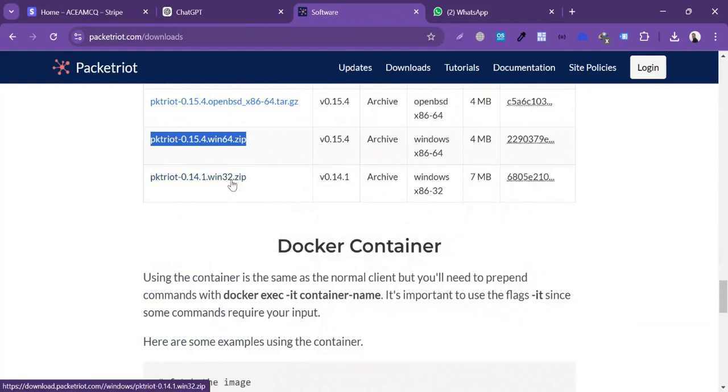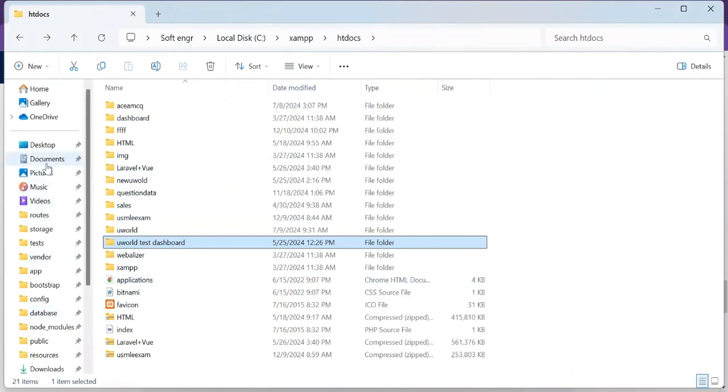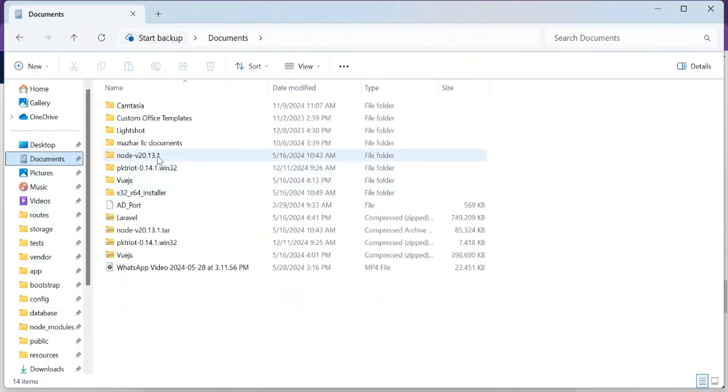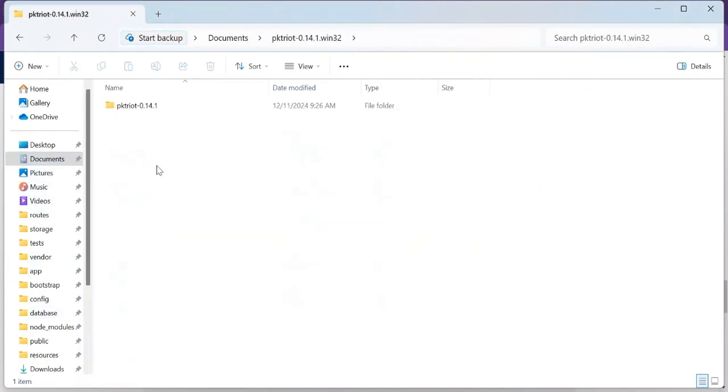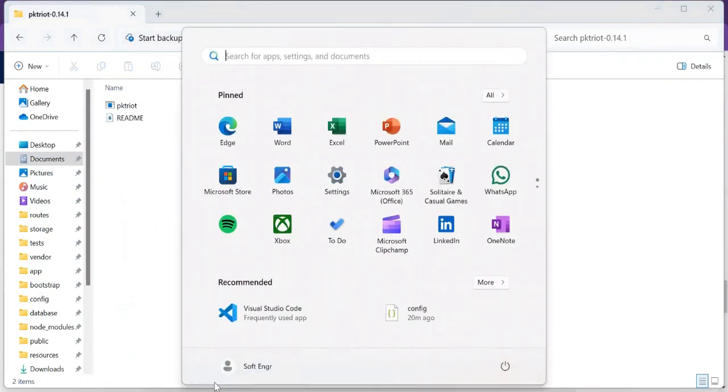In my case, my operating system is 32-bit, so I have downloaded the 32-bit file, and let's check inside the documents. So this one is my file. Now I'm going to copy the file path, and let's add this file path in the environment variable. So I'm going to search here for environment variable,